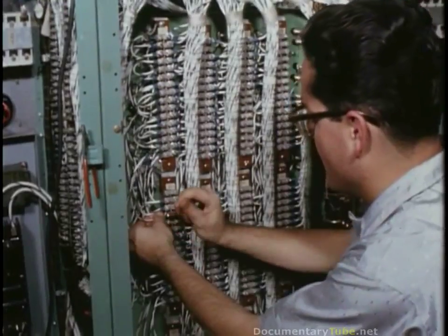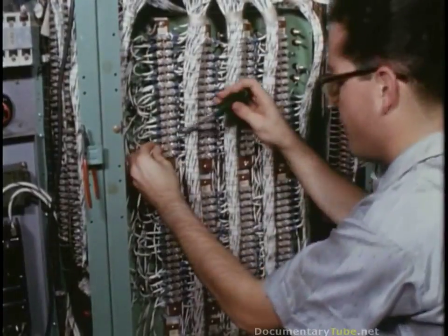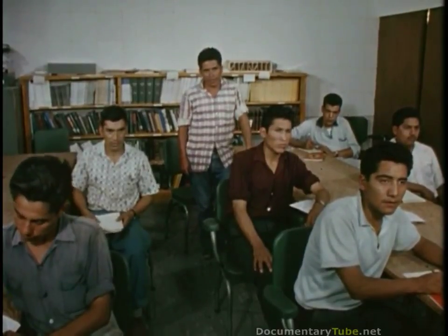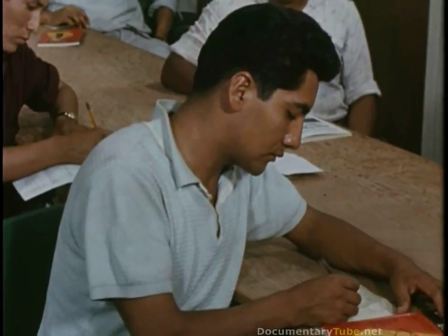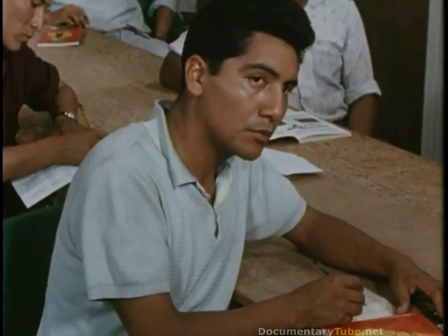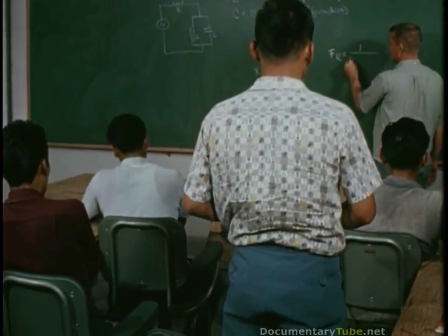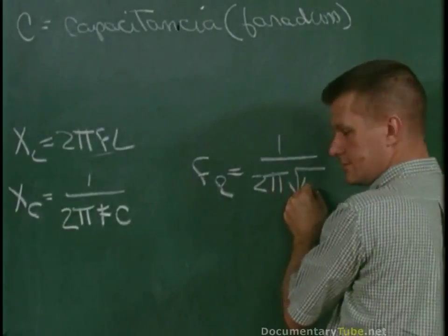Peruvian and Bureau scientists and engineers work together, assembling and installing the many systems and components. To continue this international cooperation, other Peruvians with potential technical skills are being trained by Bureau engineers. In regular classes conducted in Spanish, they are taught basic electronics and mathematics. Many of these men, being trained as engineering aides and technicians, will work at the observatory, staffing the three 8-hour shifts for continuous operation,